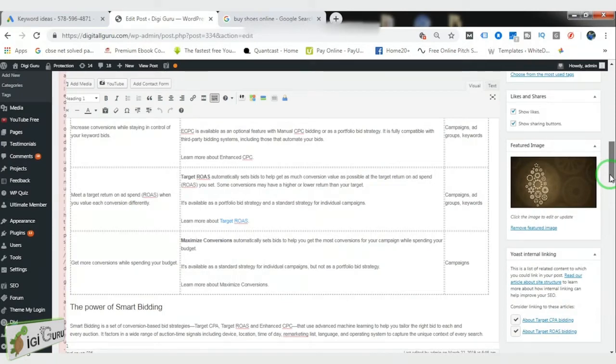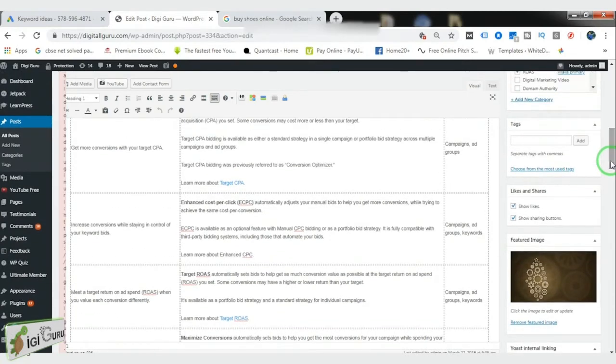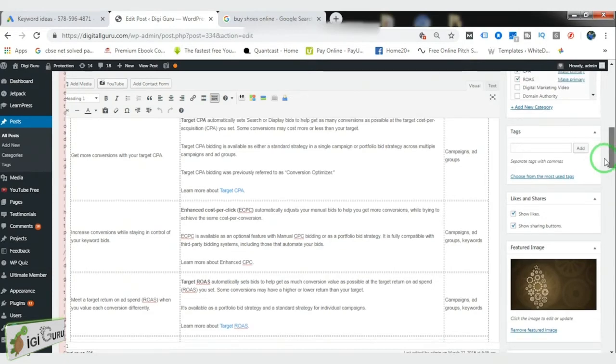Now the second thing that you need to do after the keyword implementation is to make internal links. It is always said that the higher the number of internal links on your pages, the more the engagement, or the duration that a user stays on your page, increases. As a result, if the user is staying on a page for a longer duration, the rank of your page automatically increases. So making an internal link is very simple.